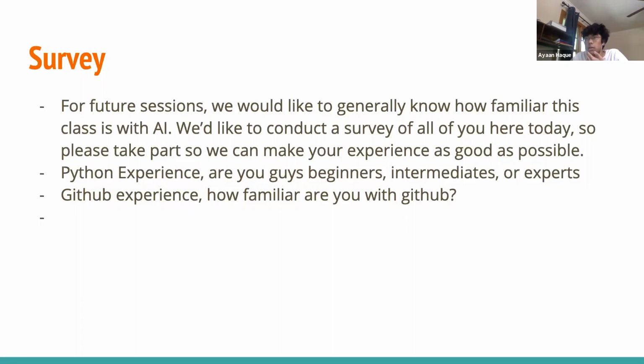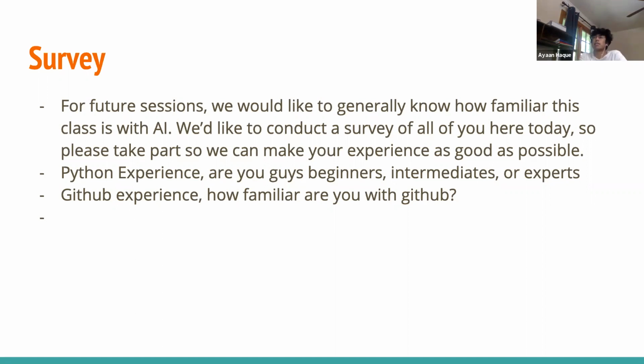Okay, and then I would assume the rest of you do have GitHub accounts. How many of you have an account but don't really know how to use it, in terms of pushing code and pulling code and stuff like that? Okay, and then I assume the rest of you have used GitHub, which is really good. But we'll still go over how to use GitHub at a very basic level.